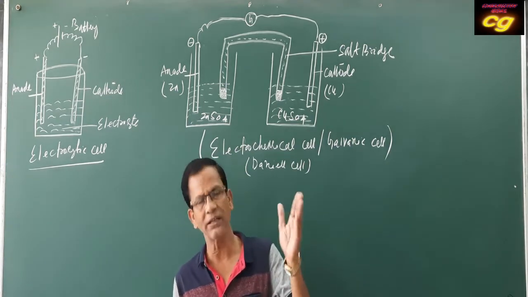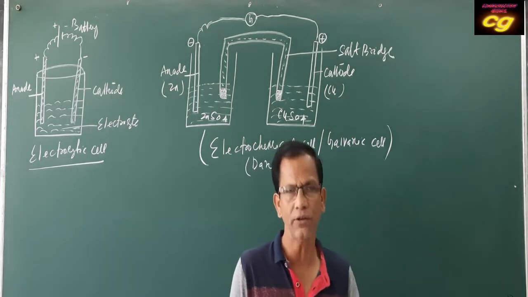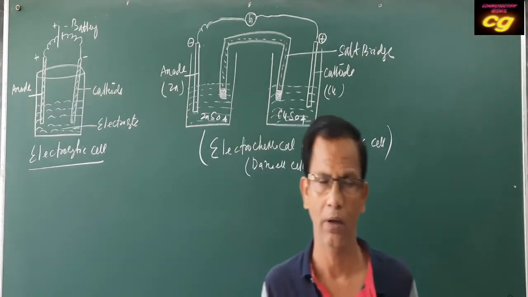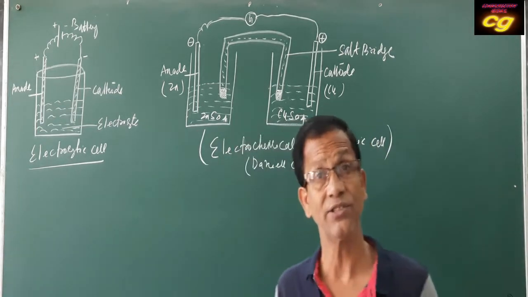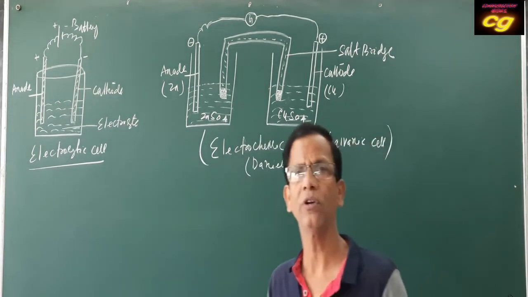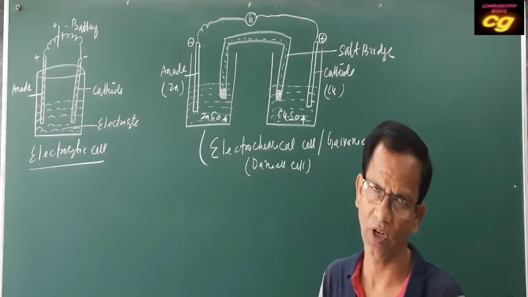Electrochemistry means electrical energy can convert to chemical energy and chemical energy can convert to electrical energy. Both are essential. So the device, that is, the cell, which converts electrical energy to chemical energy,